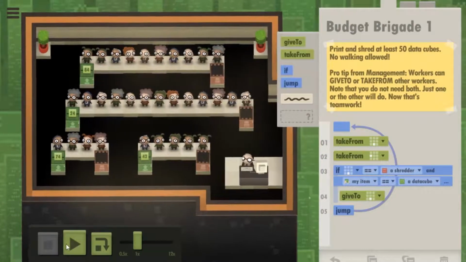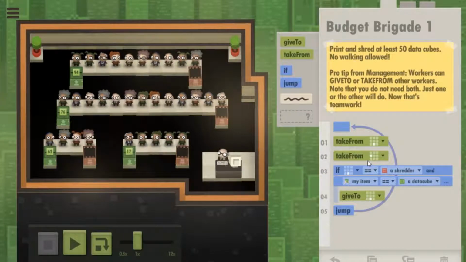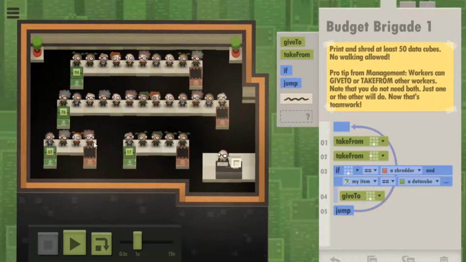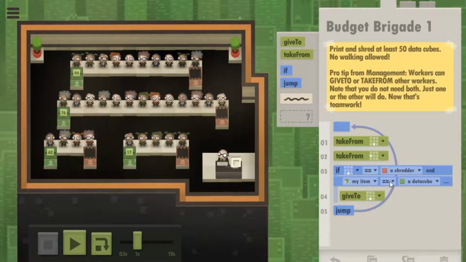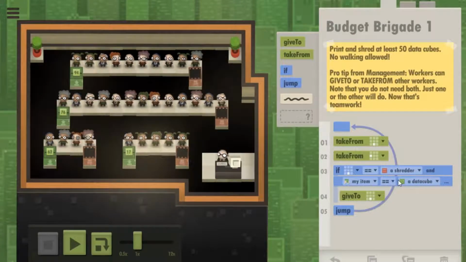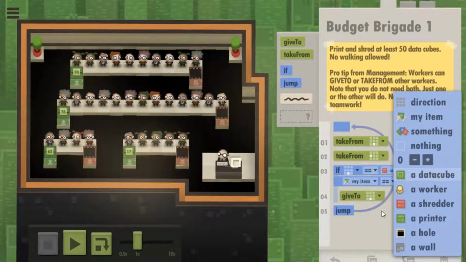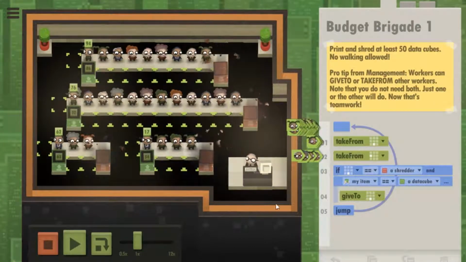Oh, what? It said that you could just take from. What? No, that's not the problem. The problem is the person's jumping in. The person's jumping in. If my item is a data cube... Is it take from that's making them jump in? I think it's take from.